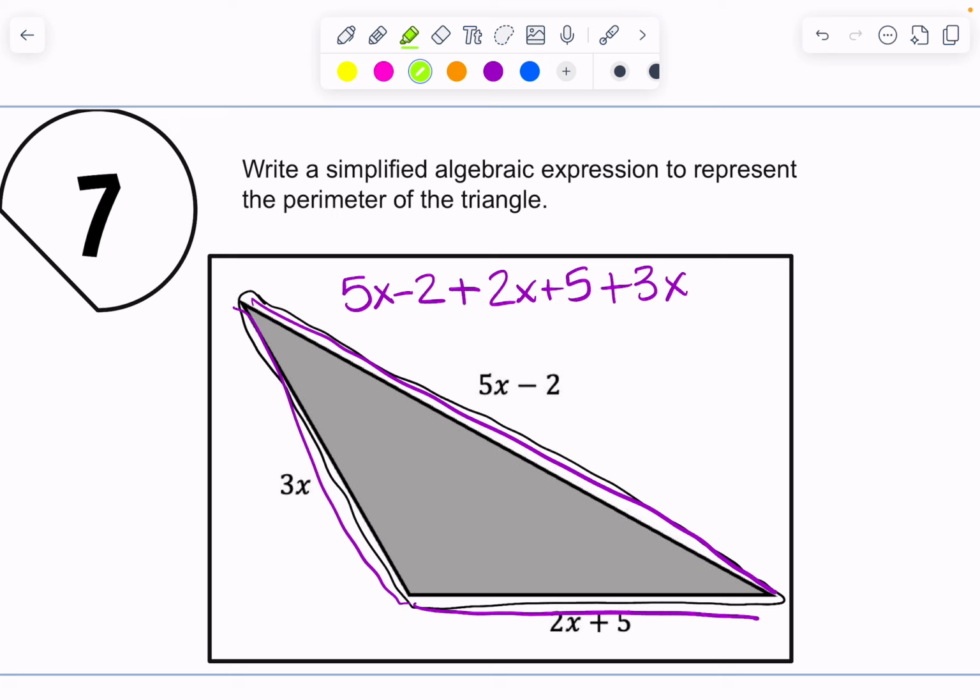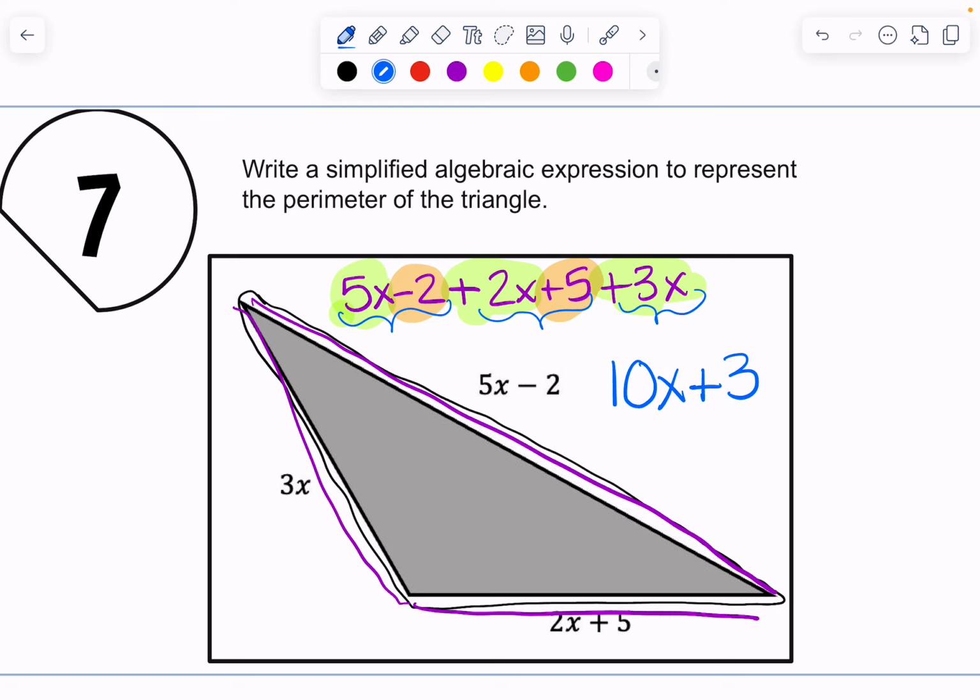So right now I'm just showing that I've added up my 3 side lengths. So when I look for like terms, I see a positive 5x, a positive 2x, and a positive 3x. And so if I add those all together, I would get 5x plus 2x is 7x plus 3x is going to be 10x. And then when I look at my constants, I see a negative 2 and a positive 5. Negative 2 plus 5 gives me a positive 3. Do I have any parentheses? No. Do I have any like terms? No. 10x